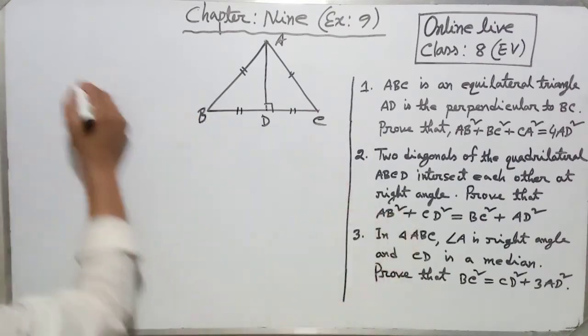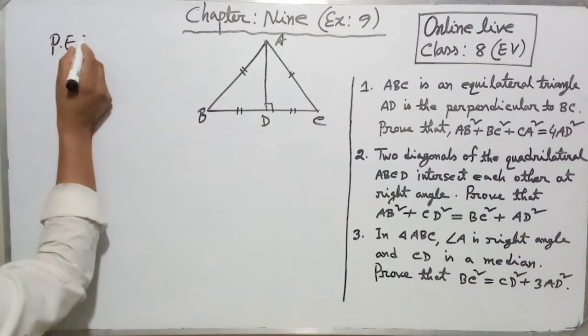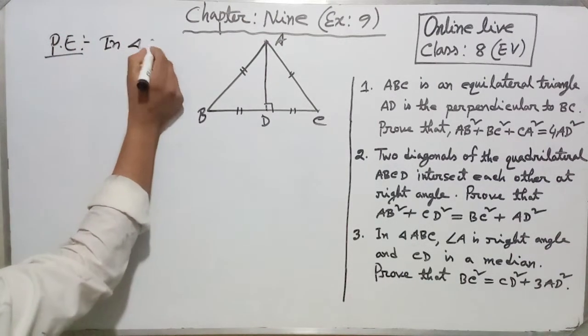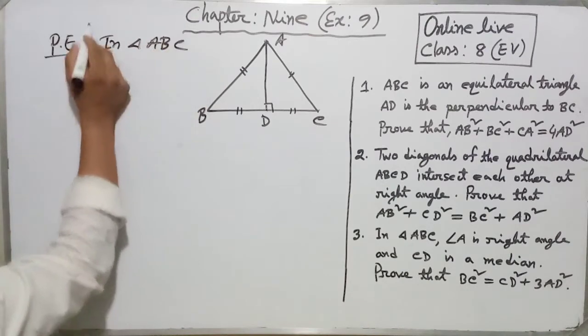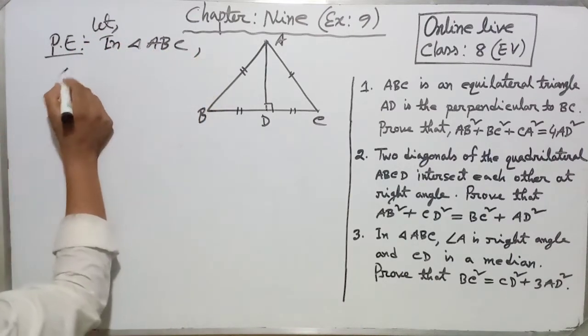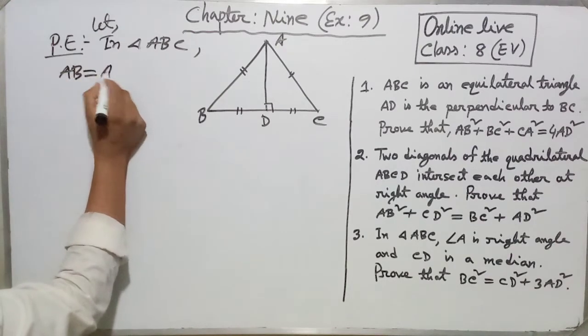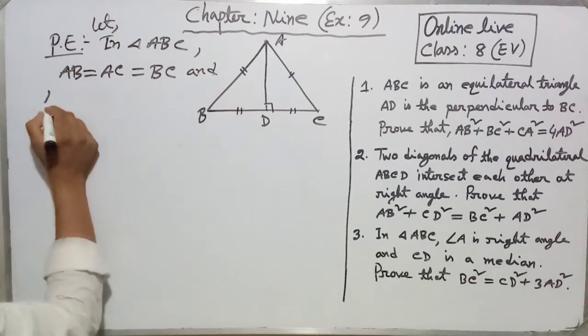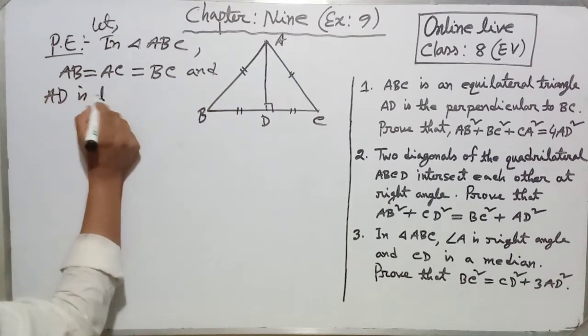So at first we can write particular enunciation. In triangle ABC, let in triangle ABC, AB equal AC equal BC, and AD is the